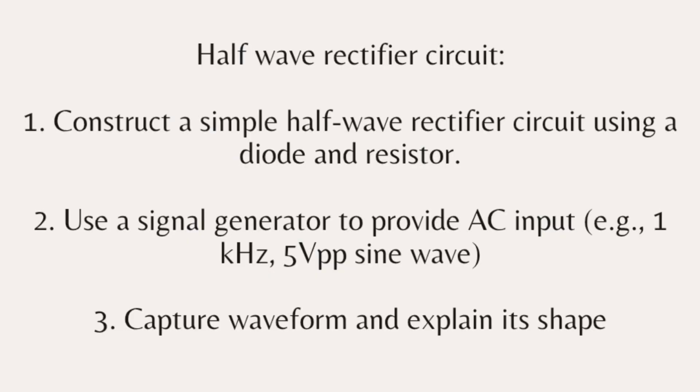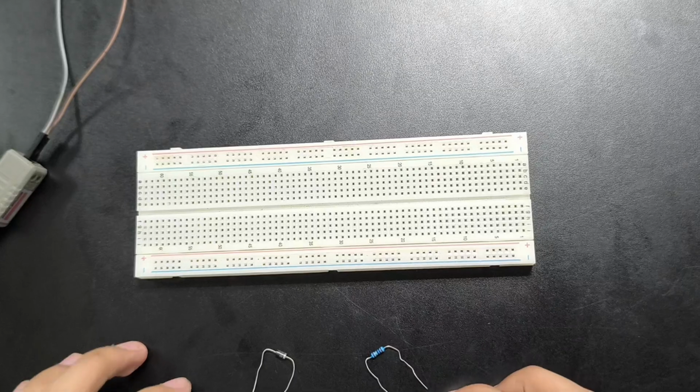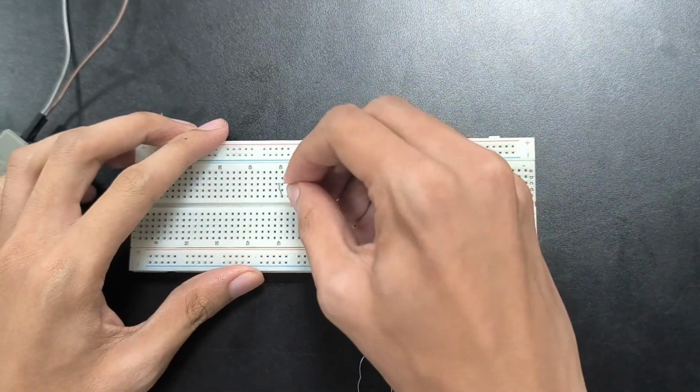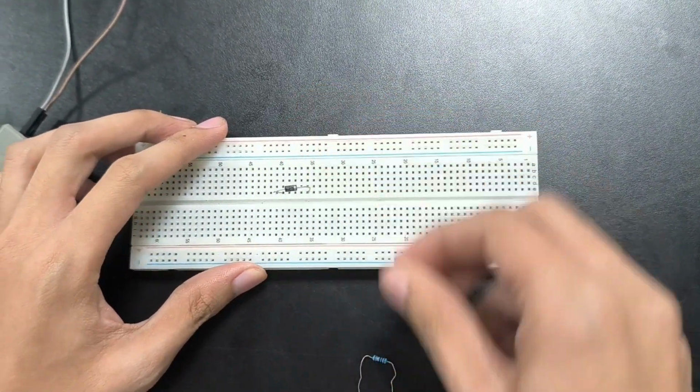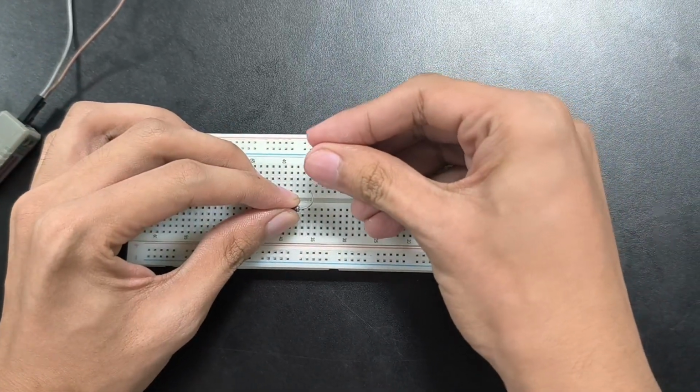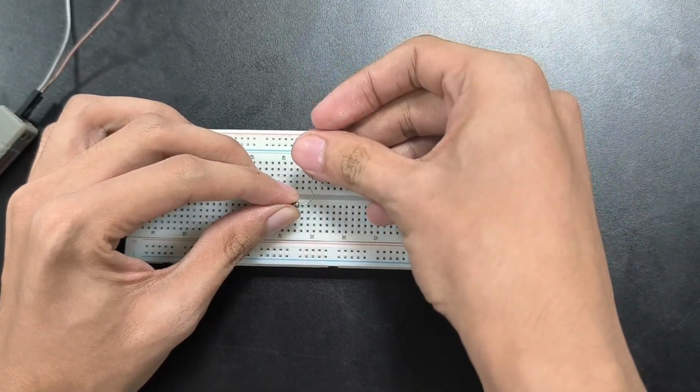For the next one, we'll move on to building a simple half-wave rectifier circuit. This basic circuit helps convert AC to DC and is a fundamental concept in electronics. In this part, I'll use a single diode and a resistor to build the rectifier circuit. The AC signal will be supplied using a signal generator set to a 1 kHz frequency with a 5 volts